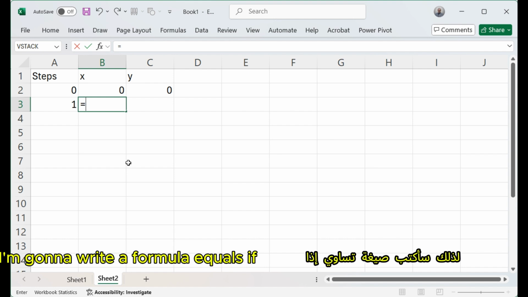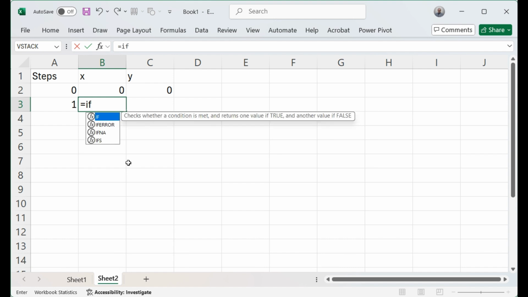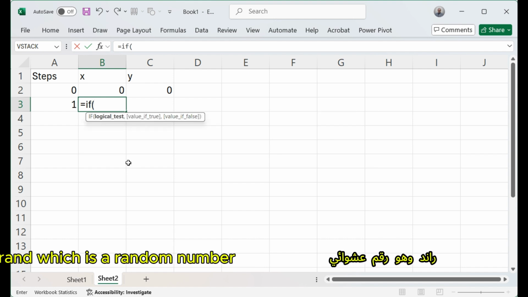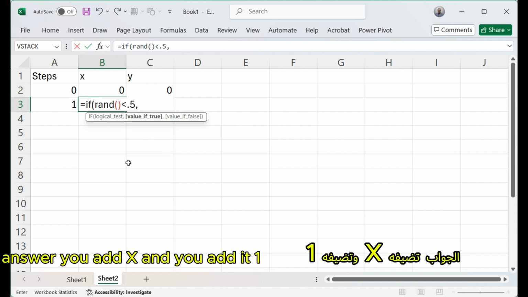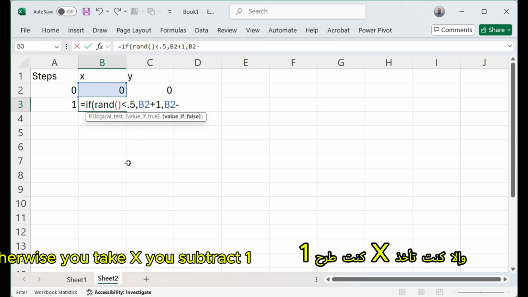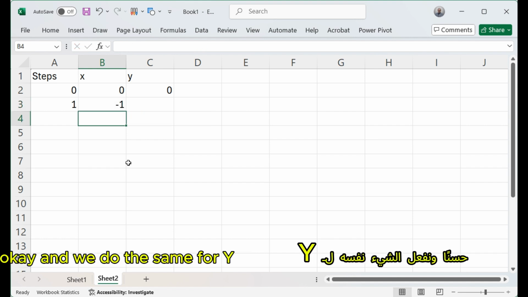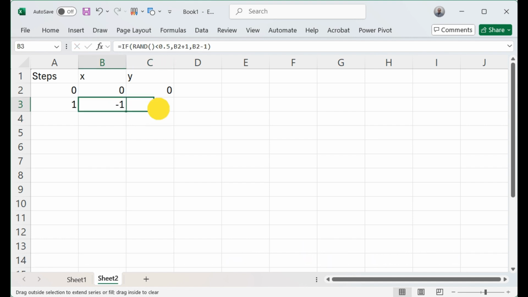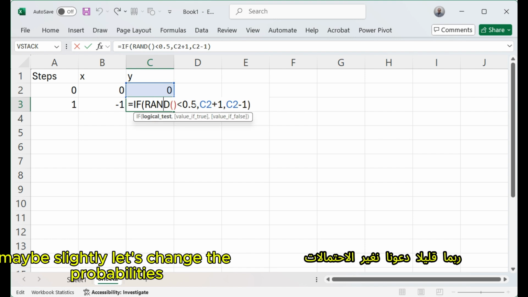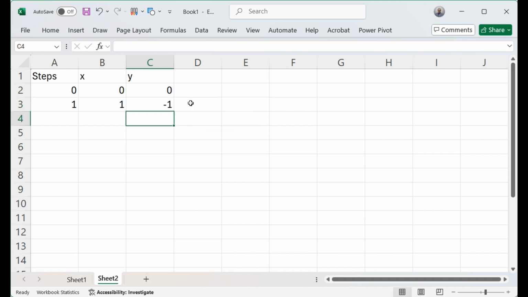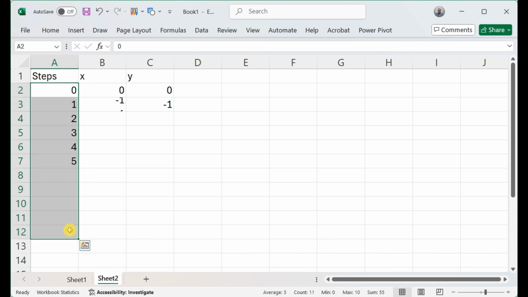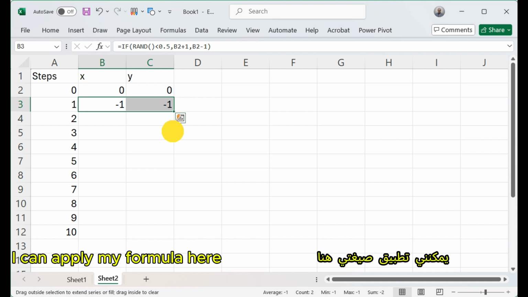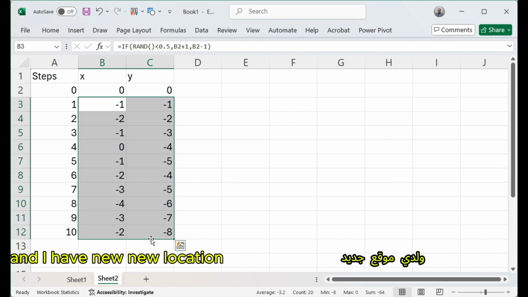So I'm going to write a formula: equals if rand, which is a random number, is less than 0.5, the answer is you add x and you add 1. Otherwise, you take x and you subtract 1. And we do the same for y. Maybe slightly, let's change the probabilities. Okay, and now let's take 10 steps. I can apply my formula here, and I have new